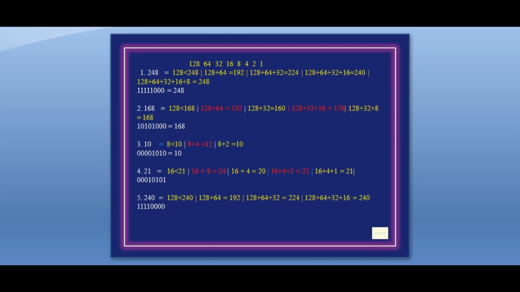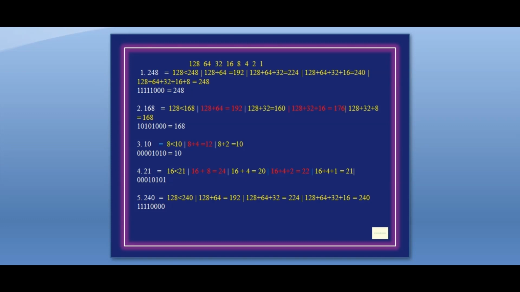10101000. Next up is 10. In the table, 8 is smaller than 10, so place the value of 1 on 8 and move to the next bit, that is 4. 8 plus 4 equals 12, which is greater than 10, so we're going to place 0 on 4 and move to the next bit, that is 2. 8 plus 2 equals 10, that is our number. Lastly, place the value of 1 on 2 and the rest all are zeros, and our binary equivalent is